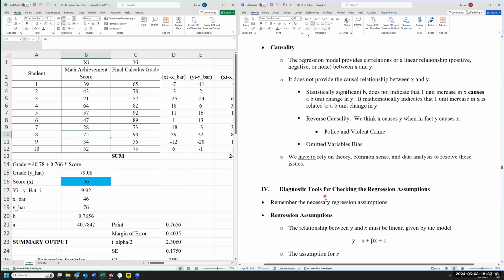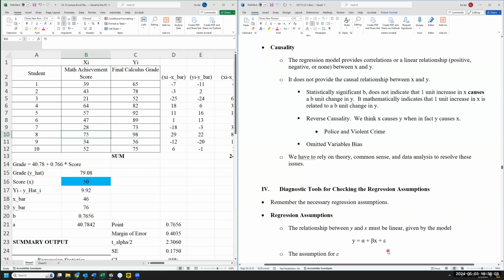What is causality? The regression model provides correlation or a linear relationship between X and Y. It does not provide any information on X causing Y or Y causing X. That is an assumption we made when we were using this data. But mathematics, which is the foundation of statistics, when we develop this y equals mx plus b model right here, there's no causality